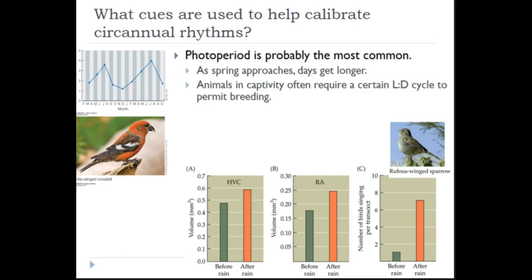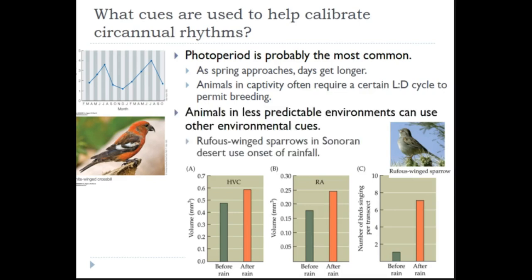However, there are some environments where that just isn't the case, where there's unpredictable quality of environment at different times of year. So the equator, for example, if you live in equatorial regions, they don't really have much of a fluctuation like dark cycle. The thing that matters for them usually is they tend to have a rainy season versus a dry season, and they need to plan around that. So they need to use other kinds of environmental cues.